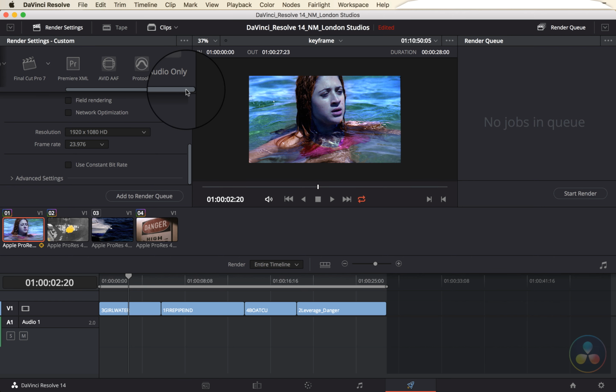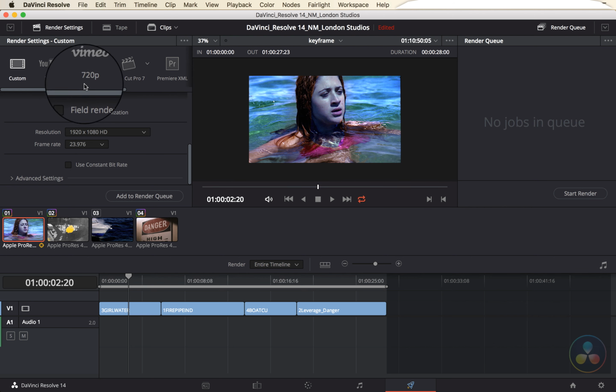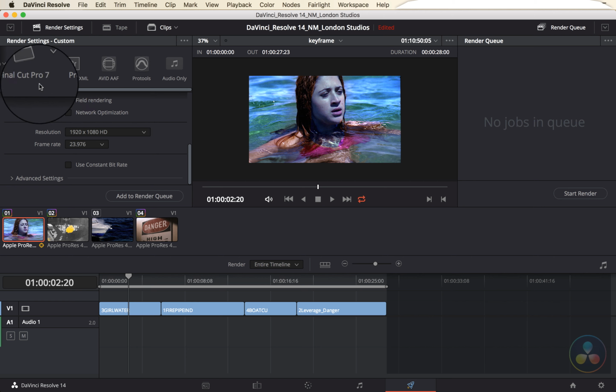And then you've got different sources there. You've got Premiere, you've got Avid, you've got Pro Tools, if you want to output to Pro Tools or audio only. So it's really high-end. Looking at these packages, they're really industry software, and they're all linked up with DaVinci Resolve, which is quite a big deal